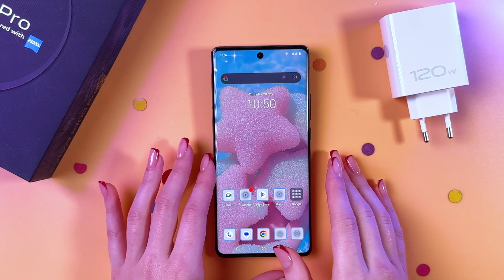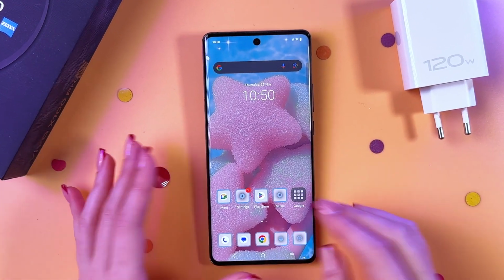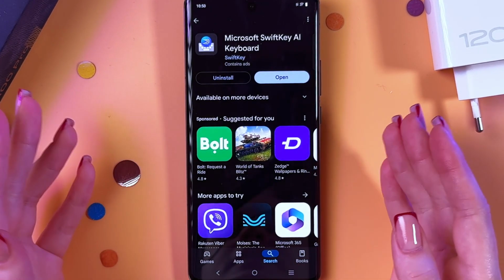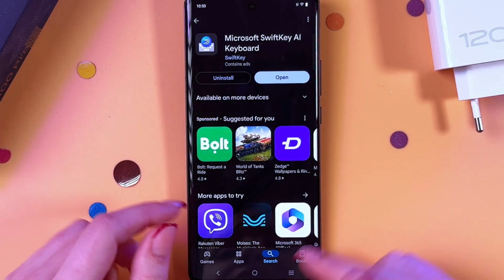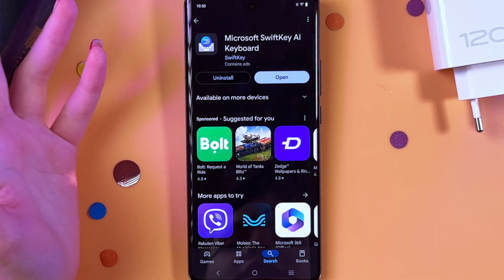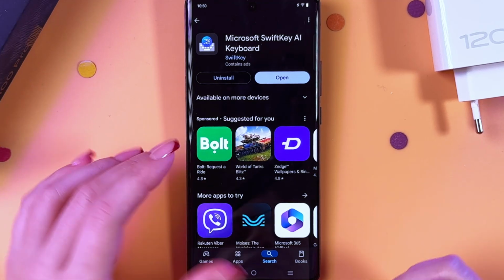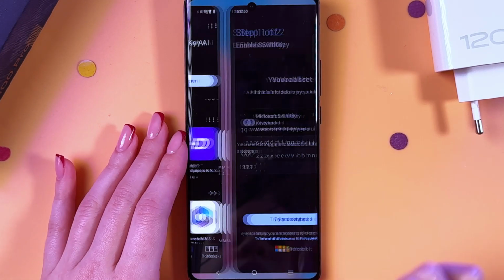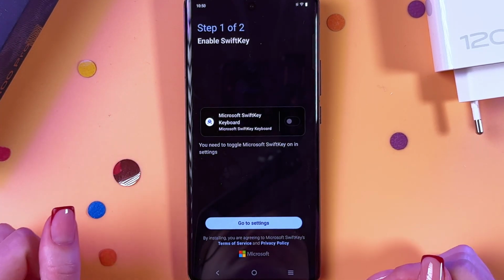Hi, to change keyboard on your Vivo X100 Pro, we will need to go in the Play Store first, and here just find any keyboard you like. I selected this Microsoft SwiftKey keyboard, you can download it too. So now it is installed and we can open it, and here as you can see we need to set